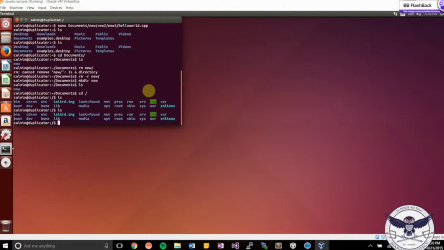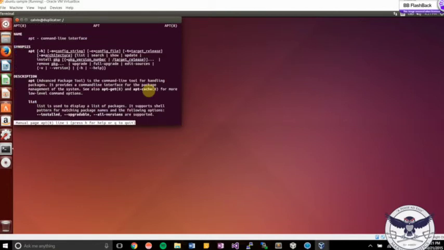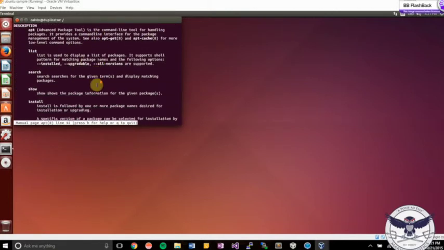A lot of times when you're configuring your virtual machine, you're going to need to install different packages or different libraries and different extensions. And the way that you do that is with aptitude, which the shorthand for that is apt. So you can say man apt. And this shows you, this should be a pretty long